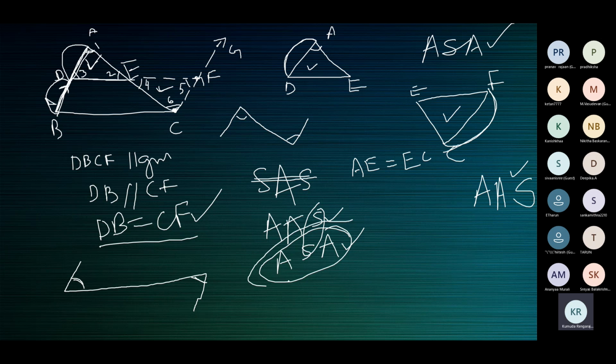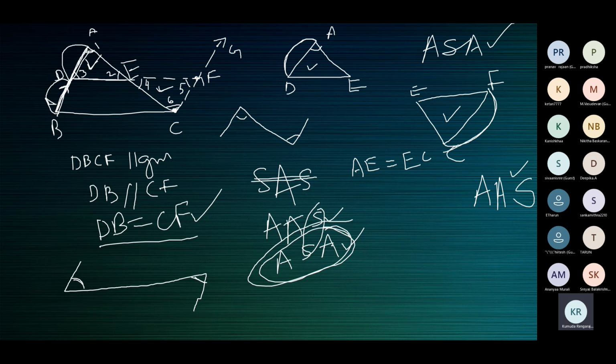So that's how we land up using the ASA congruence criterion to show that these two triangles are congruent to each other. You cannot just remember; for this proof it is ASA, for some other proof it is SSS. So the first thing is take up the two triangles, identify the equalities you have in them. Only then you can decide which rule to use. So first, look at all the angles. There are three pairs of angles and three pairs of sides. Look at the angles and the sides. Write out the pairs of equal angles or equal sides you have, and eliminate.